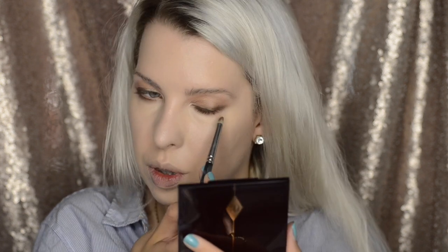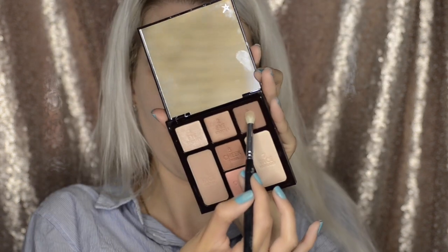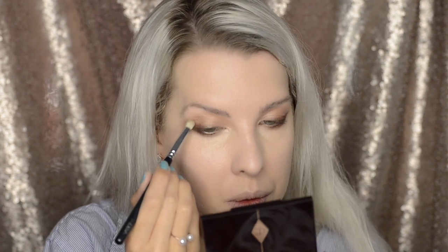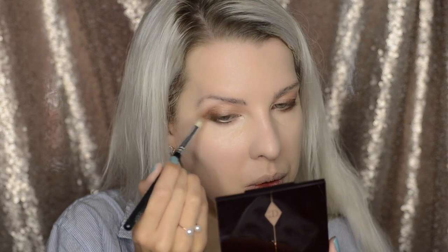Over the top of that, just to set that liner and make sure it's already diffused, I'm using number three Eye Smoke, pressing it in with that pencil brush, and then I will go back with a sort of more fluffy brush just to diffuse that out a bit. It's a petite brush from Zoeva, and I'm going to work a little bit in the socket of the eye